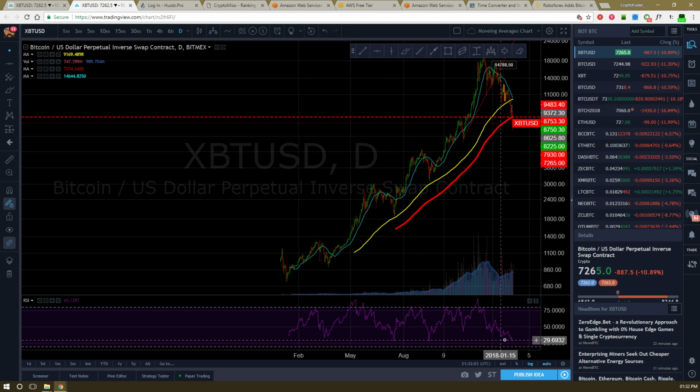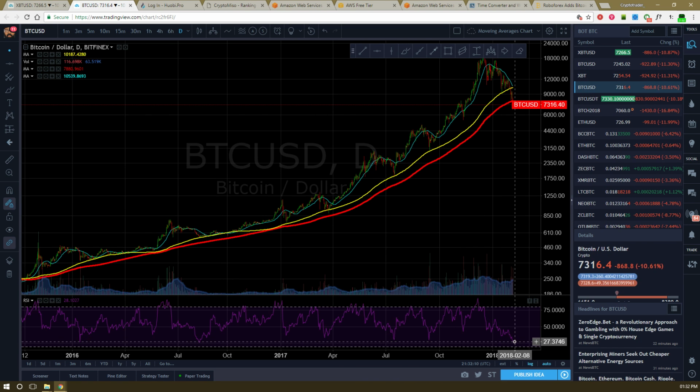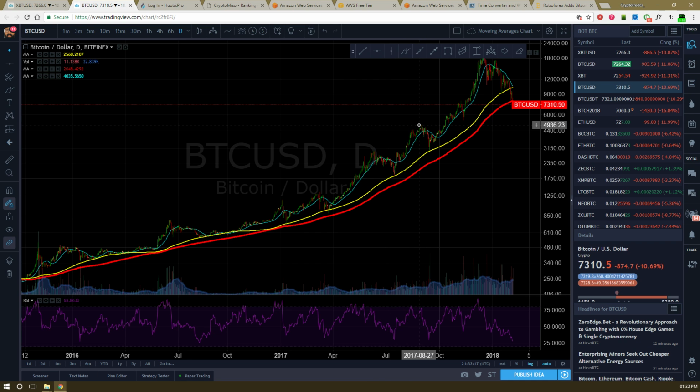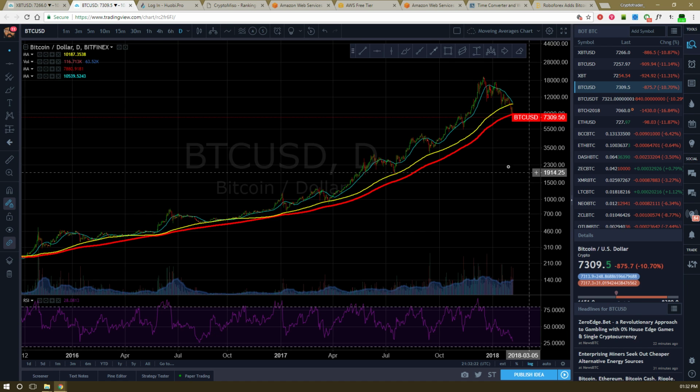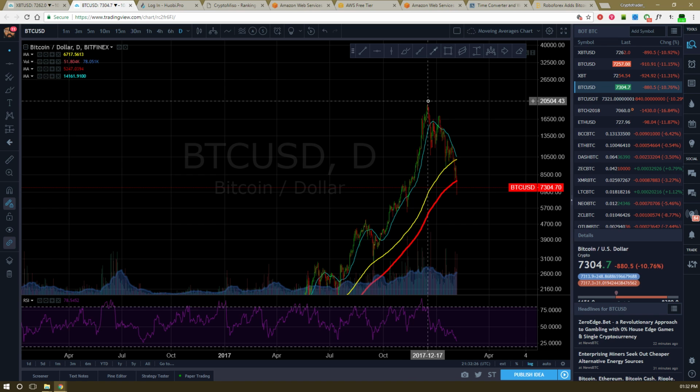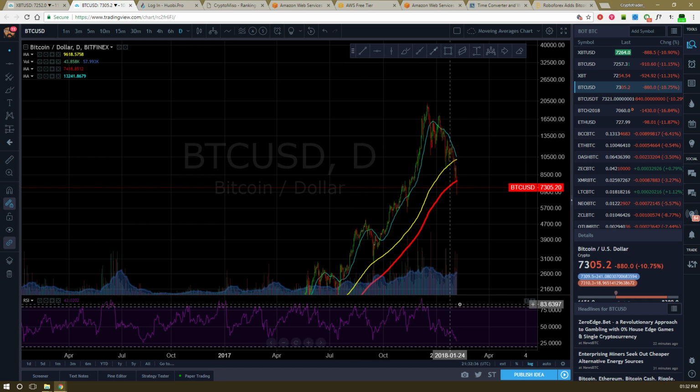All right, look. This is the RSI daily. And let's go to Bitfinex because that's what you want to look at. You want to look at this RSI on Bitfinex. It's pretty much top right here, top right there. Top right here. Nope, nope. Top was right here. You'd have been like, oh, I lost money from 16 to 20,000. That RSI is not respected.